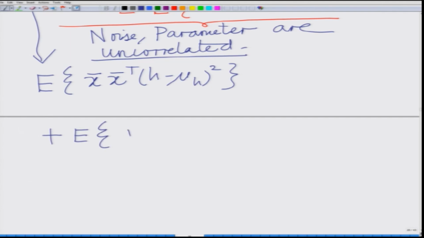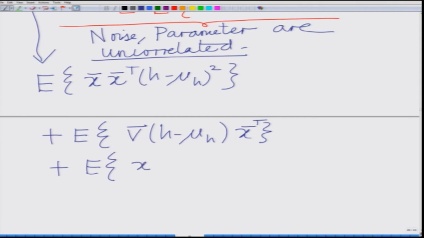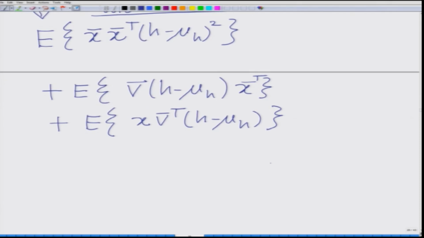These are going to be the expected value of v bar times h minus mu h into x bar. We are going to simplify this later, since x bar is a constant pilot vector, which will therefore come out of the bracket. So, this will be the expected value of x bar transpose v bar h bar, plus expected value of x v bar transpose into h minus mu h. Just write each term carefully, x bar plus expected value of v bar